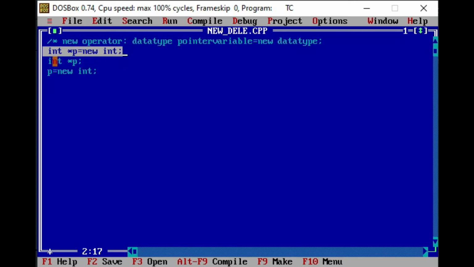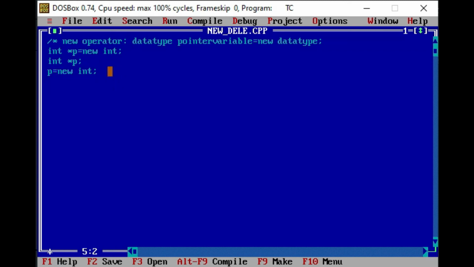Suppose I write int star p and I take variable a, and in another statement I write p is equals to ampersand a. That is the way where first I declare the pointer and after that I assign the address to the pointer variable. So I can write it both ways.